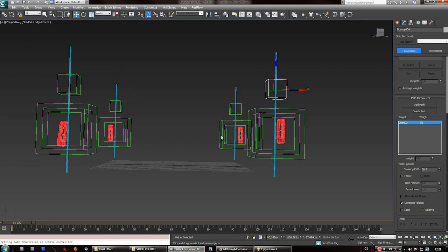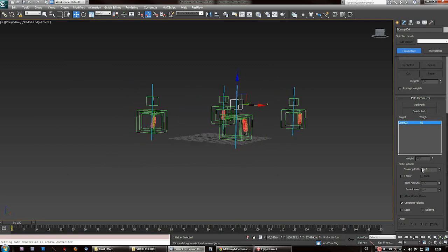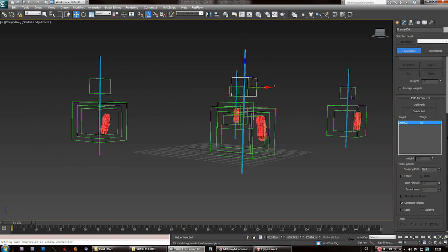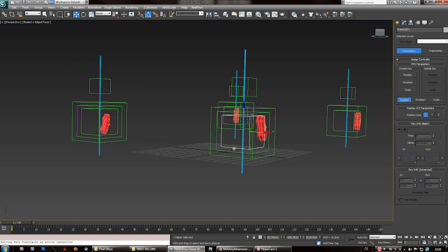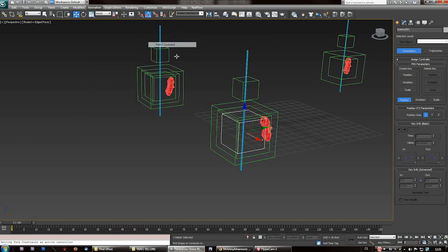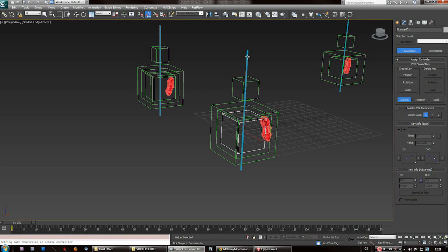So this, as you can see, 30% looks like the original position of this, so you have to put it back there. Here in the motion panel, percent along path, put it back where it was originally, and disable keyframes, delete them, and disable loop. Then you select the smallest dummy, go animation, constraint, path constraint,